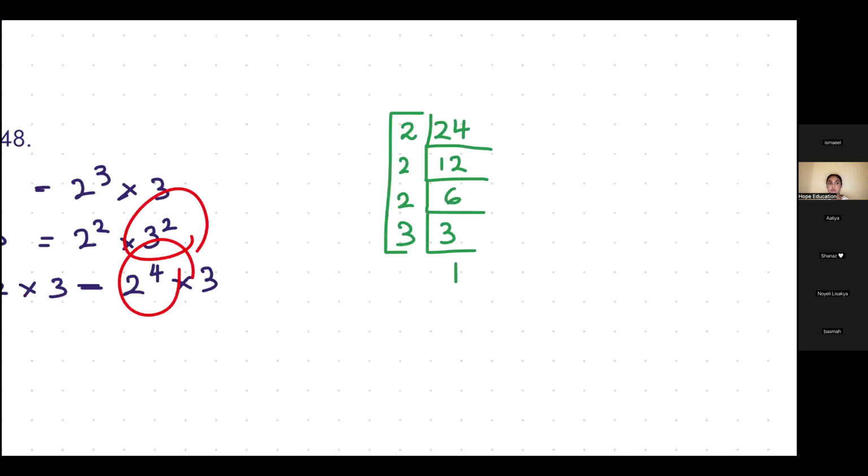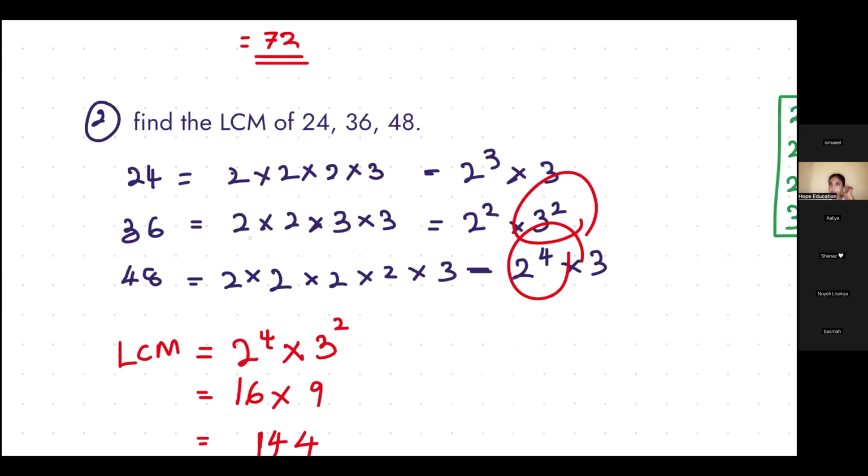2 times 2 times 2 times 3 is what we get here. All right. So if you take something else like